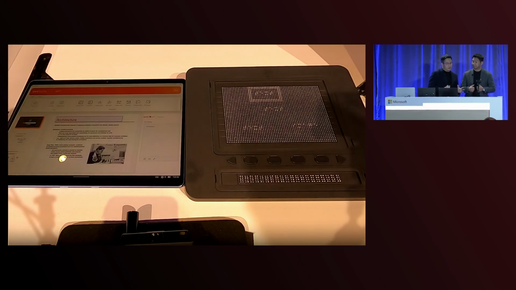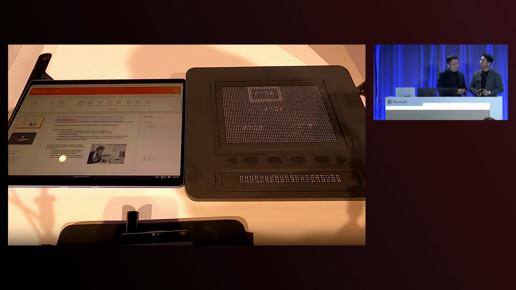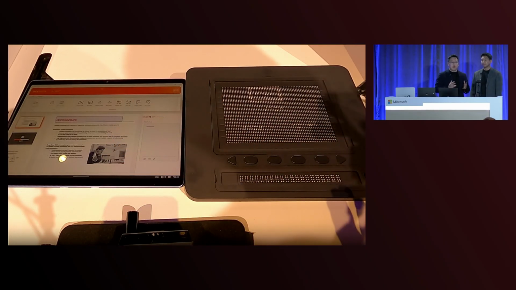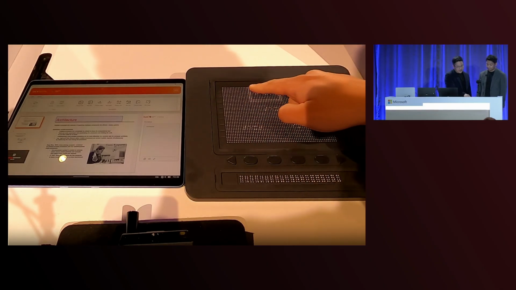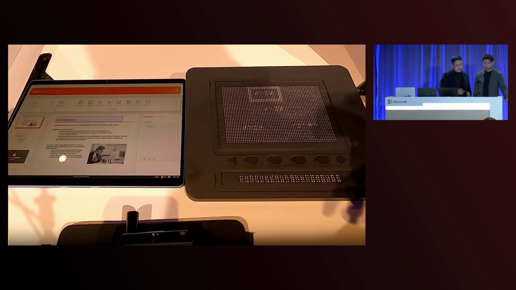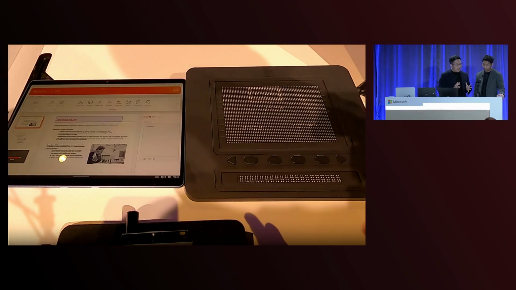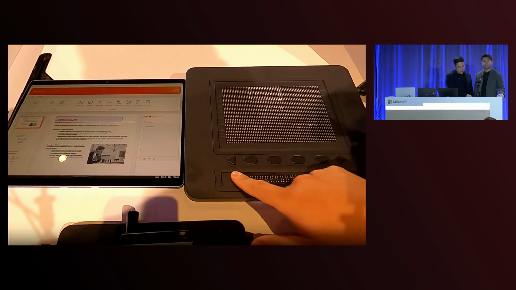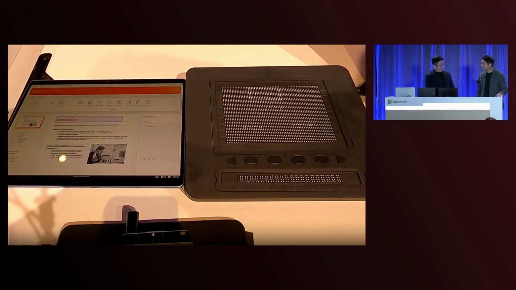So if you see the screen here, you can see the DotPad, a graphical display area, right now showing the overall layout of the screen. And for the first time, blind users can get all the spatial information on PowerPoint. You can see the text box here, and inside the text box, it is labeled either text or image in Braille, so the user can easily identify what's in there. Right now, first of all, the PhiSilica API summarizes text here and shows it in Braille on the 20-cell Braille display. It's pretty cool. It's amazing.